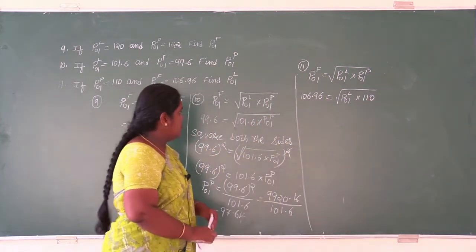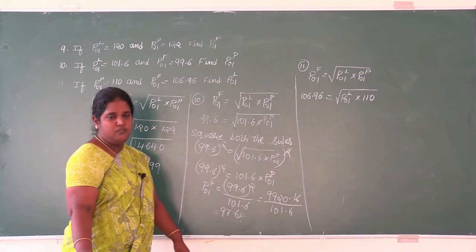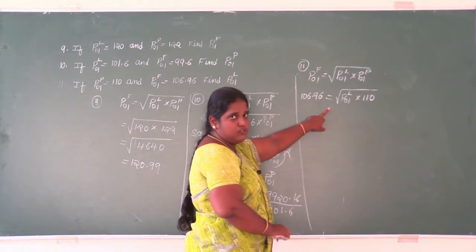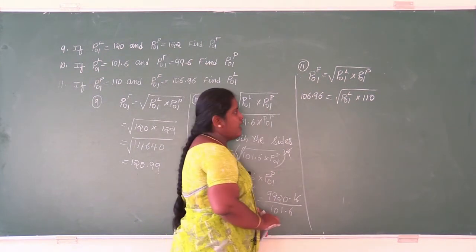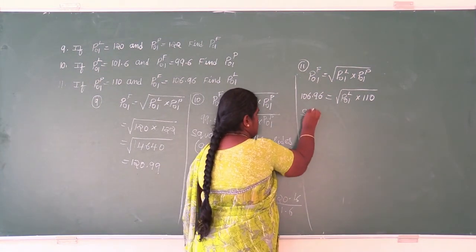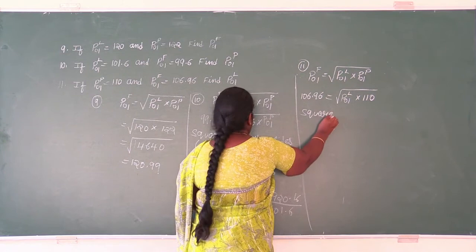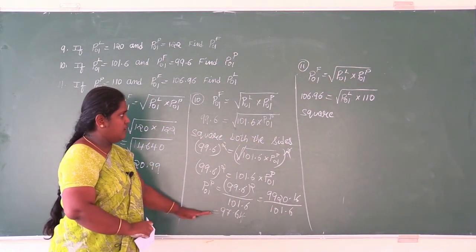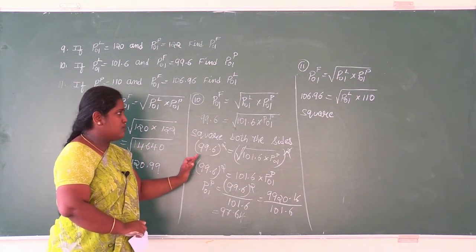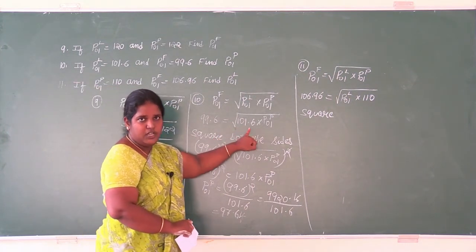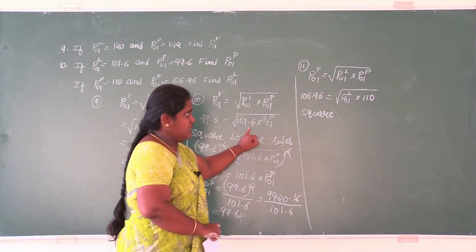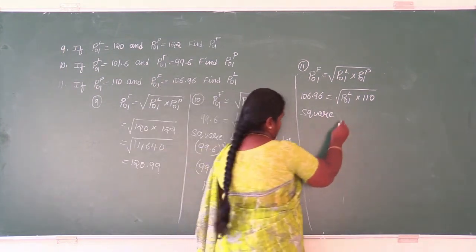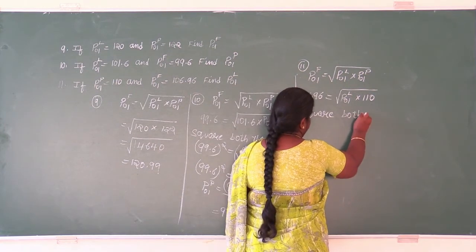So again, use the same method as the previous one. That is, we have a square root here, so we have to remove the square root. To remove the square root, we have to square both the sides. So if you see, even in the previous problem, we squared both the sides and we have done it. It is similar to the previous method. The only difference is there we were finding the Paasche price index. Here we are finding the Laspeyres price index number. But the method remains the same.